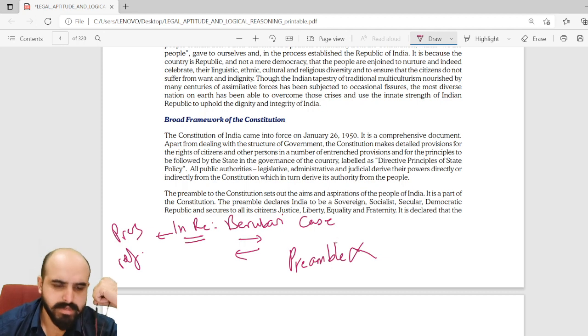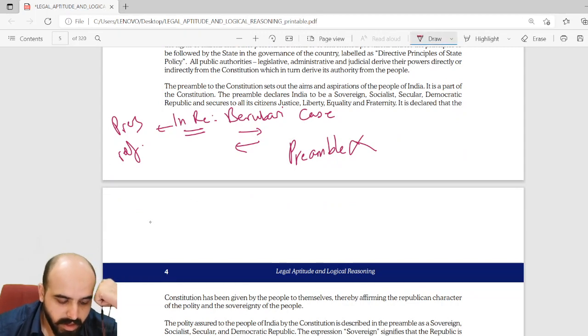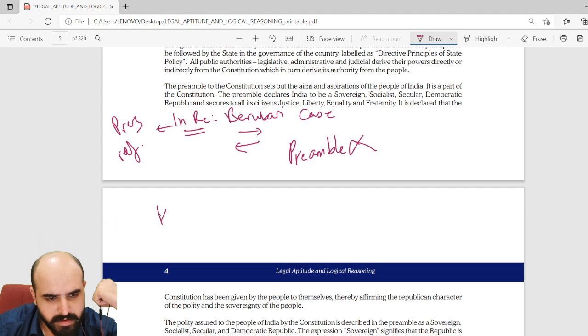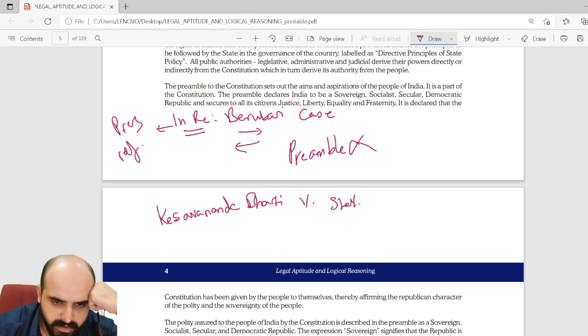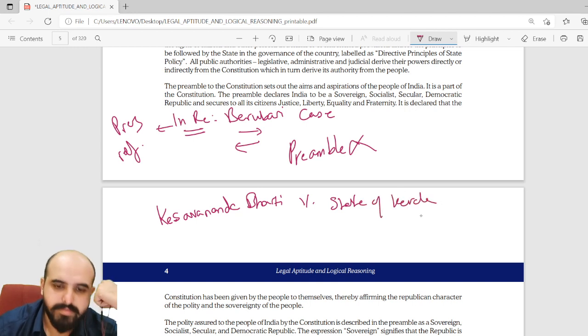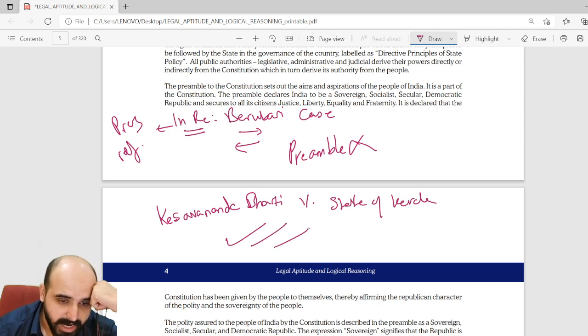It faced major criticism, and then came a landmark judgment. It was a 13 judge bench. Most of you might have heard about this. Kesavananda Bharati. I'll cover this case in detail when I teach you basic structure doctrine versus State of Kerala. In this case, it was held that the preamble is a part of basic structure. They laid down the basic structure doctrine, and they said that the preamble is a part of our constitution and can be amended by the power given under article